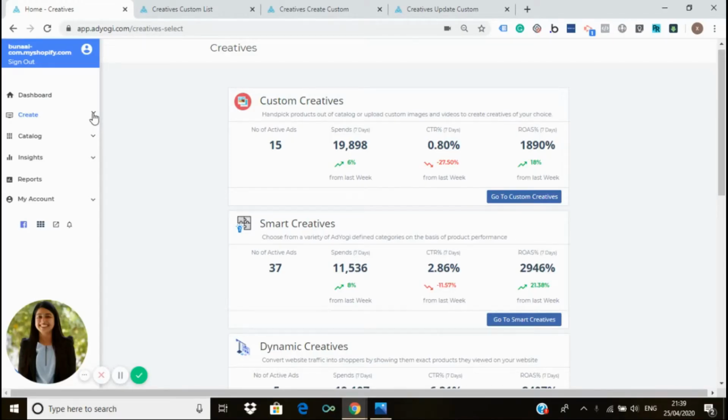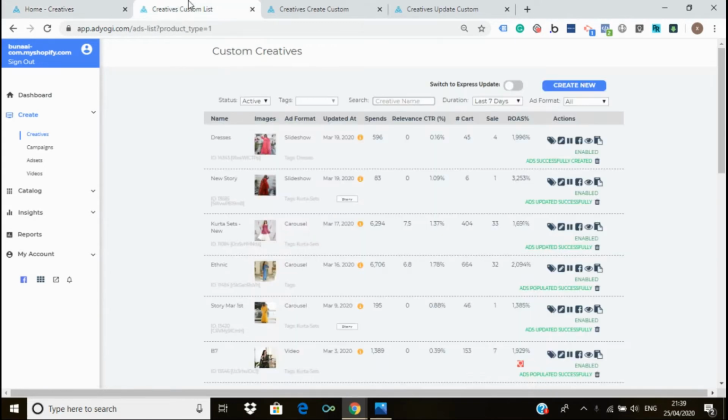Now we will learn how to create these creatives. So click on create section, then click on creatives. Here you will see all these ad formats. So we will be starting with custom creatives. Click here on go to custom creatives, and then on this page you will see all the creatives which you